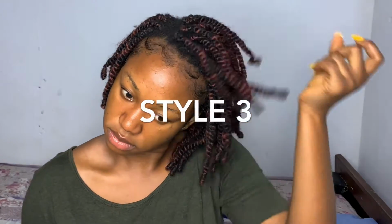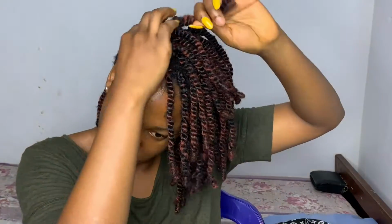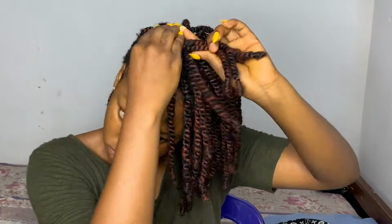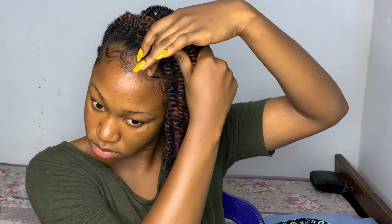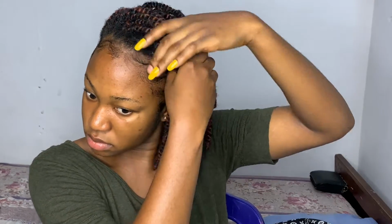So for this style, I'll just be taking the hair sideways again like I did before, and I'm just trying to arrange it. Once I'm done arranging, I'm just trying to kind of fold this into the hair and then take it sideways. I really don't know how to explain it. I'm trying to twist it and just fold it and just put them inside,